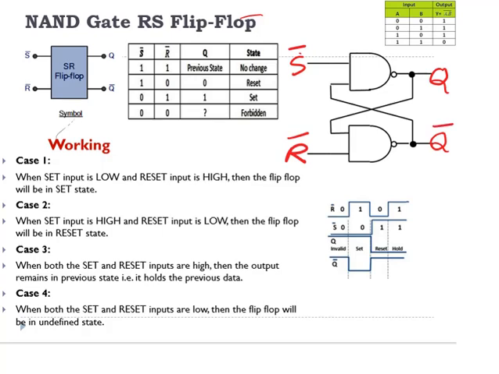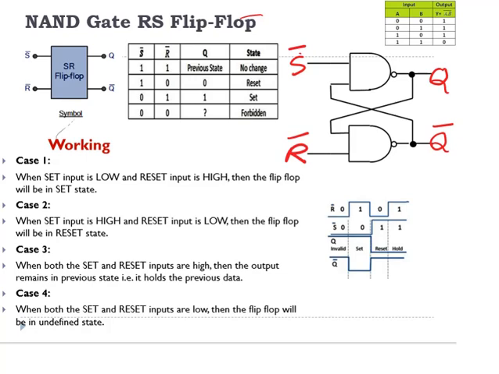The working of the flip-flop can be explained using the logic of the gates used. In this case, we use NAND gates. We can see from this table the truth table of the NAND gate. You already studied all these things. The NAND gate produces a high output when any one or all of the inputs are in low state. Here you can see that the output will be 1 when either both inputs are 0 or any one of the inputs is 0. When both inputs are high, the output will be 0. So this logic will be used for constructing this NAND gate based RS flip-flop.